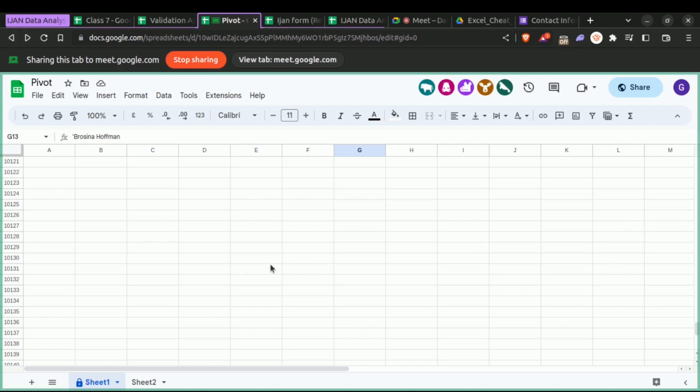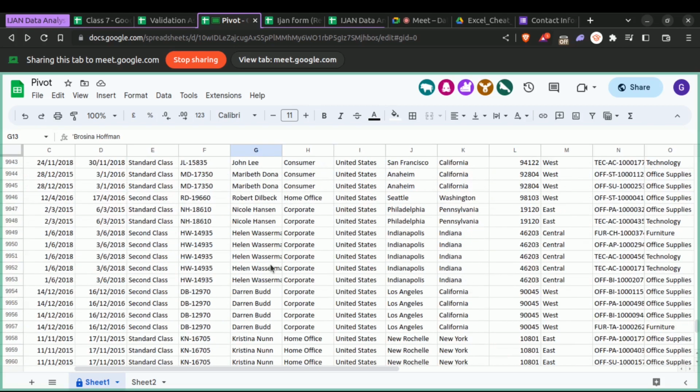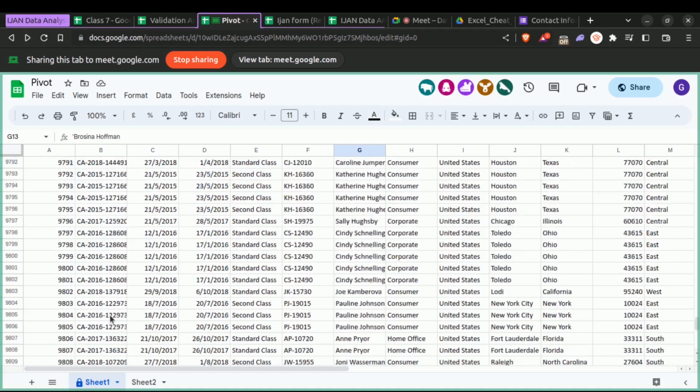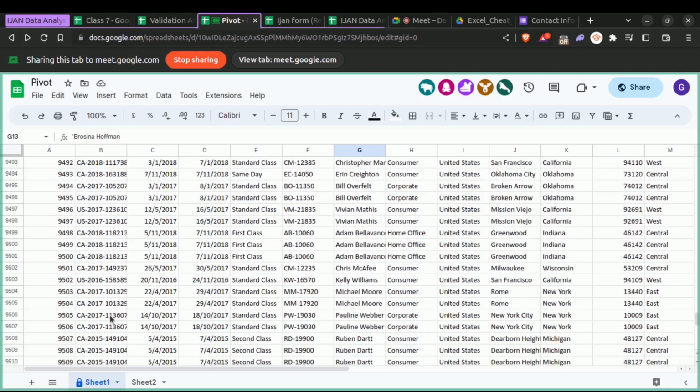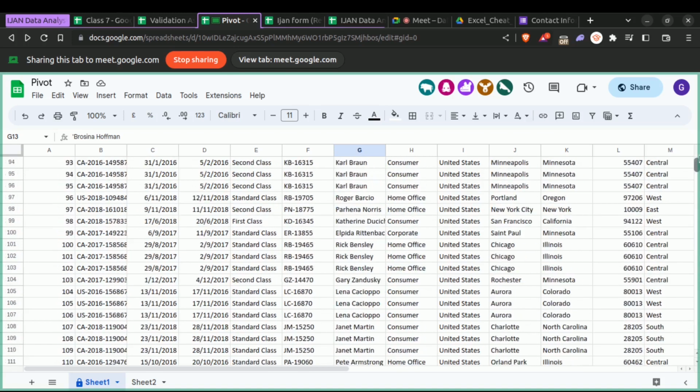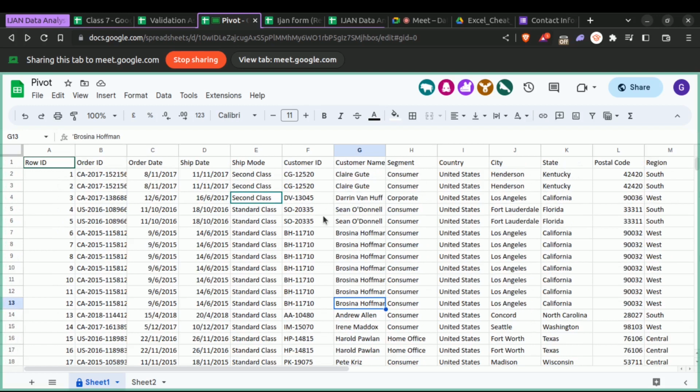Okay, cool. Nice, thank you. So here is, oh sorry, the data set. So we have 9,994 rows. Wow, that's massive actually. Now I purposely had to get the data set. I saw it somewhere and I like the fact that it was this much. So we have 9,994 rows. And so we have row ID, we have order ID, we have order dates, we have ship date,